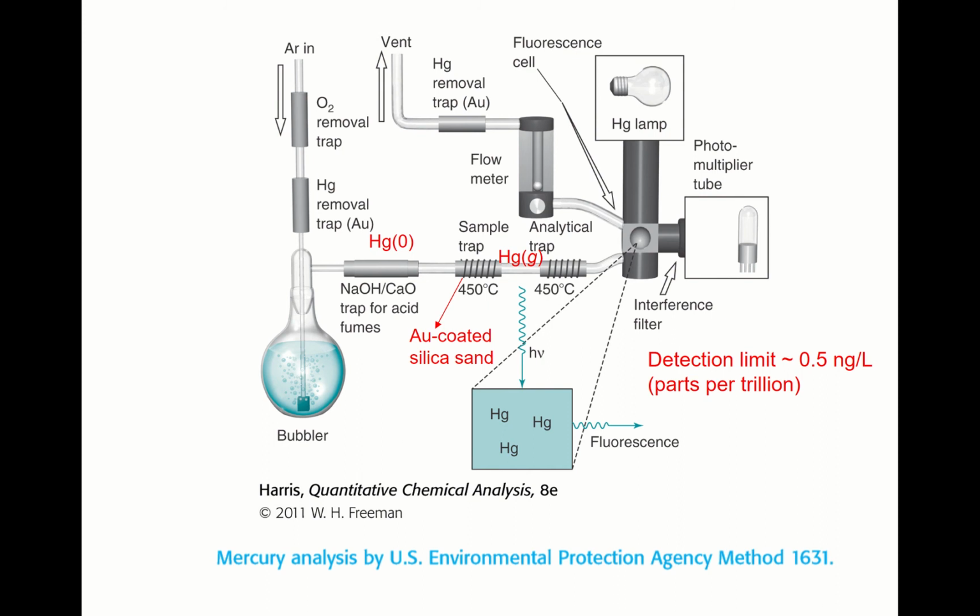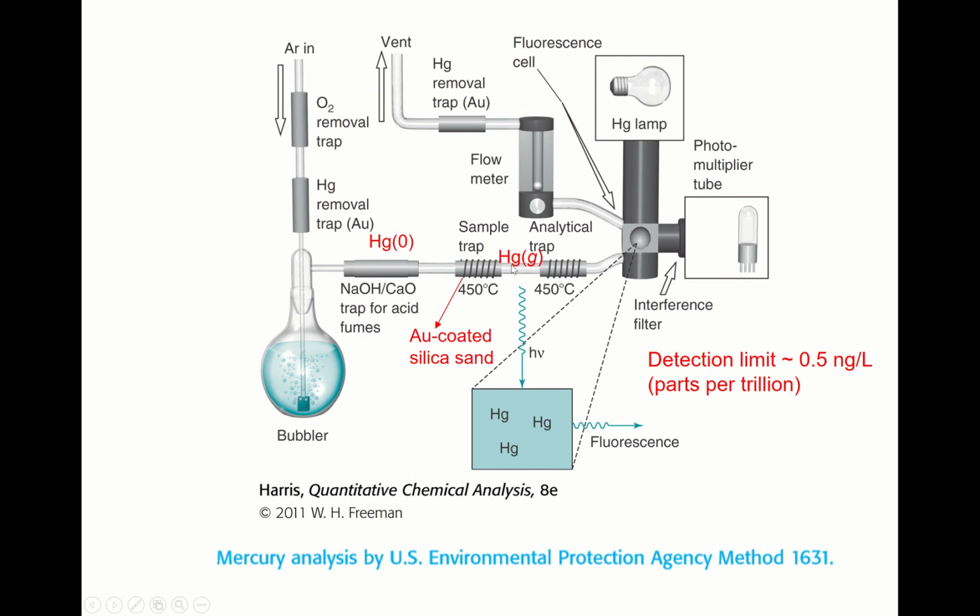Why? See, gold very easily forms an amalgam with mercury. Okay, in other words, those two metals have a high affinity. Gold atoms dissolve in mercury. Okay, so by passing through the gold trap, mercury in the argon will be removed. Okay, and then now you bubble your sample, and the zero valent mercury now evaporates, and it goes